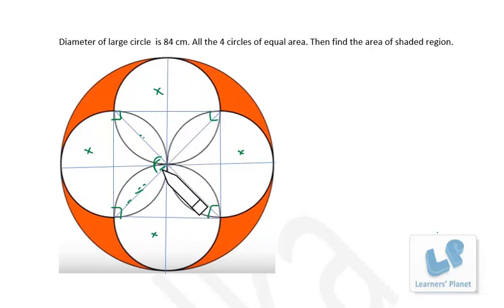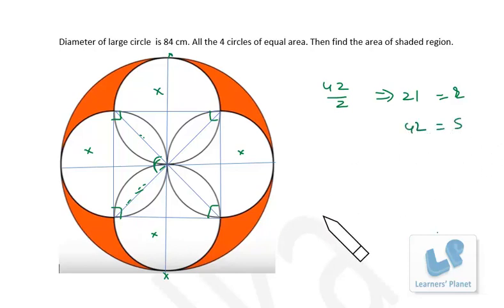Now since we have two circles over here, you can see that the full length from this point to this point is 84, that is the diameter of the large circle. That means from this point to this, the diameter of the smaller circle should be 42, right? That means the radius of the smaller circle must be half of 42, that is 21. Okay, so that is the radius. Side of the square, that is the diameter of a smaller circle, so that is 42.